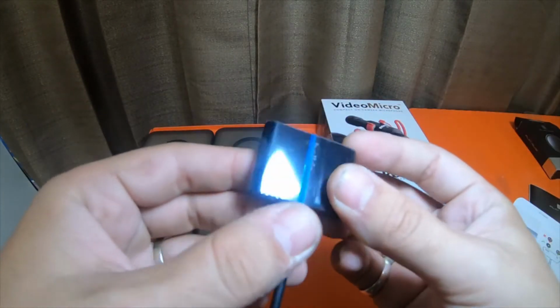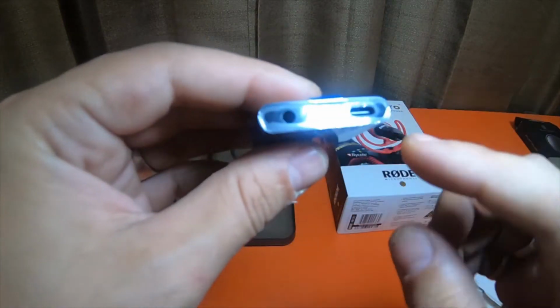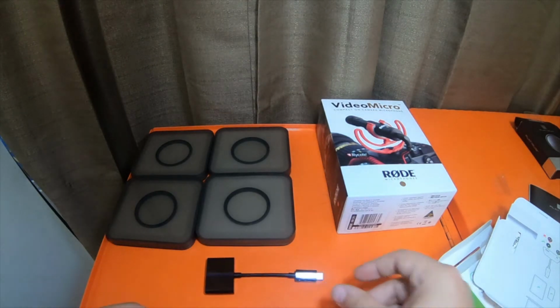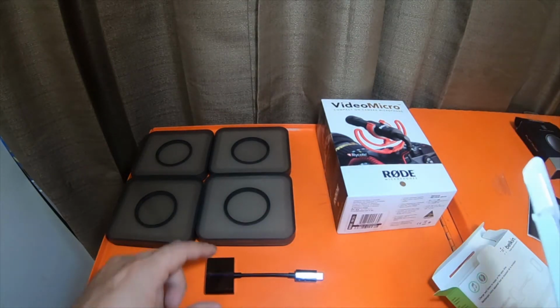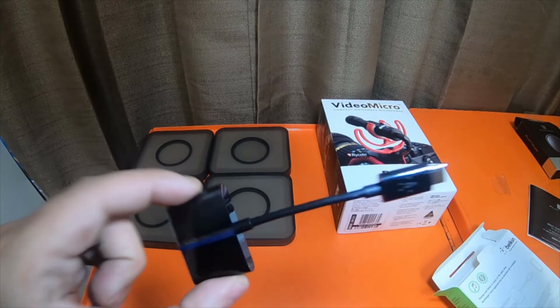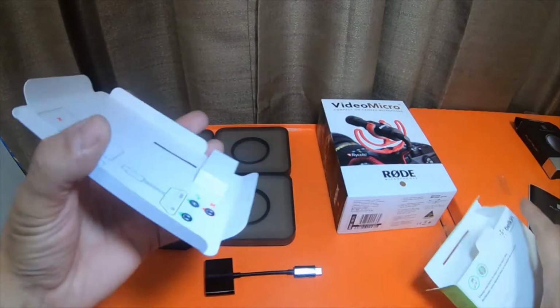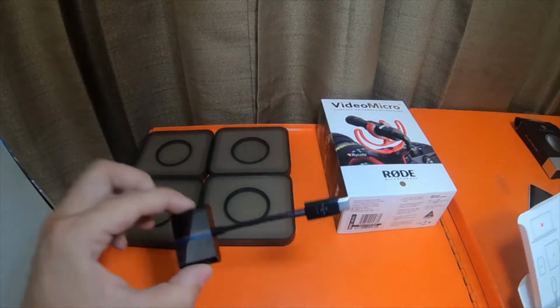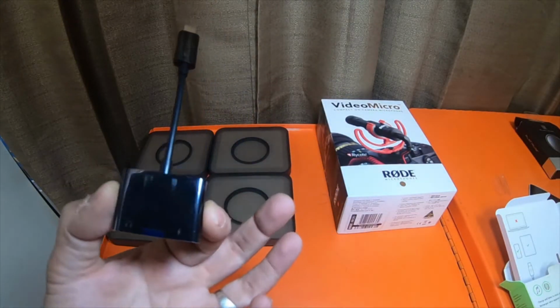So USB-C, USB-C 3.5. We'll give it a try. If you guys are interested and you want me to make a video on it, let me know. See if it will work on a GoPro or the Osmo Action, and go from there. This actually was a lot more expensive than the Osmo Action's